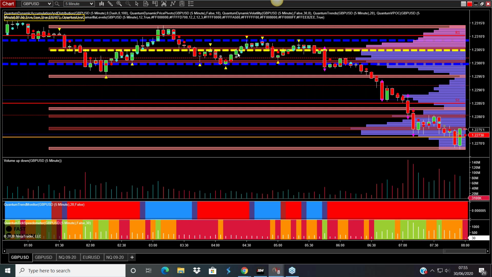And we can see here a very strong congestion phase. We know it's strong because we have a strong area of resistance and a strong support area. And it's just basically moving sideways, waiting for the start of the new sessions. And we've had Europe and we're now coming up to London. Then we had the break.